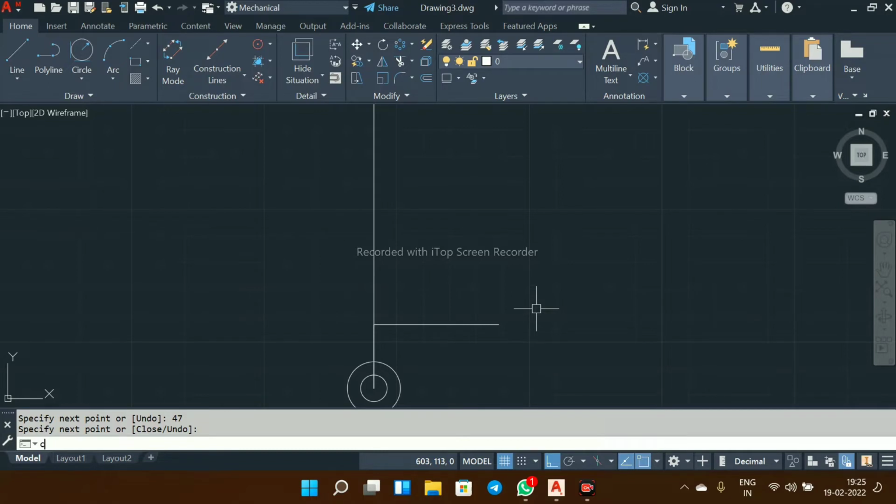So again go to C, enter, this point, make it radius 10, spacebar, type 7.